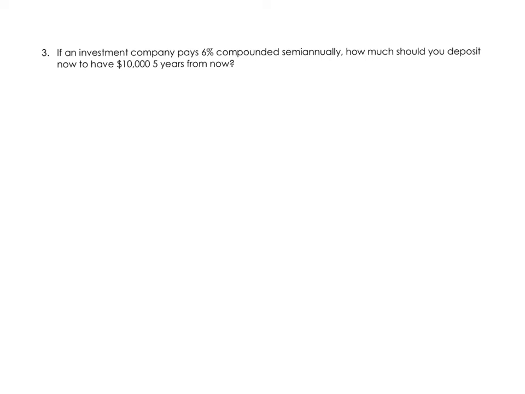Now if we jump ahead to number 3, it's a similar problem but with a little bit of a twist. In number 3, an investment company pays 6% compounded semi-annually. How much should you deposit now to have $10,000 5 years from now? So if we think about our formula,